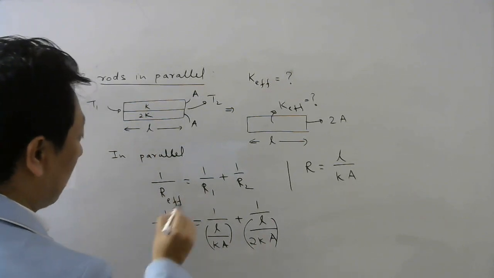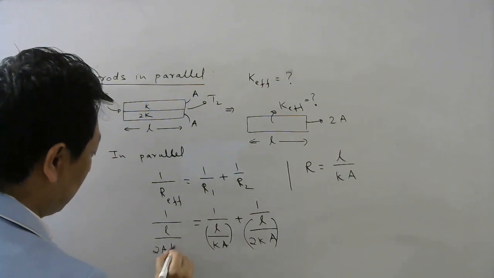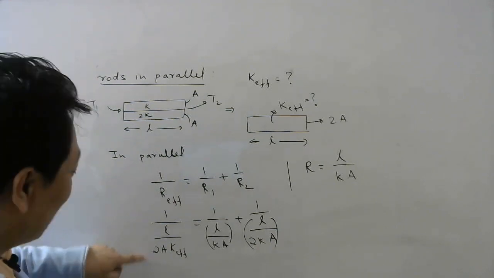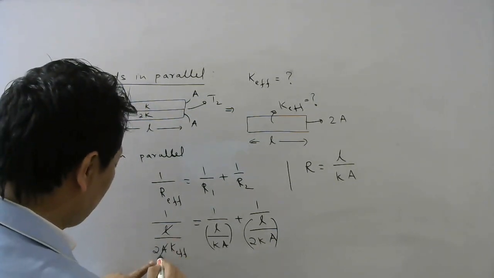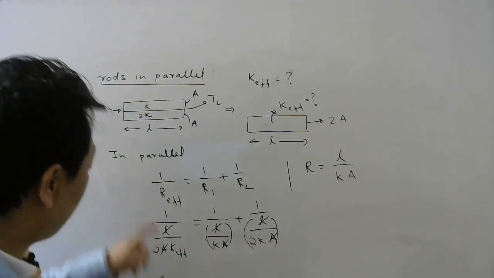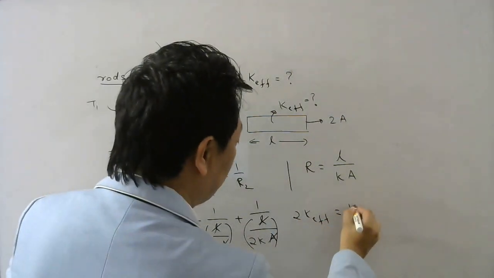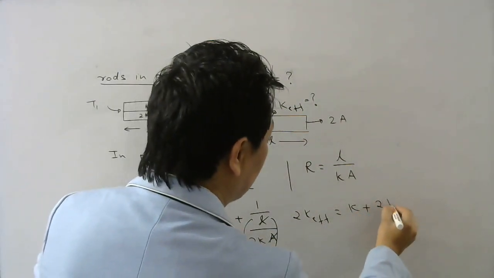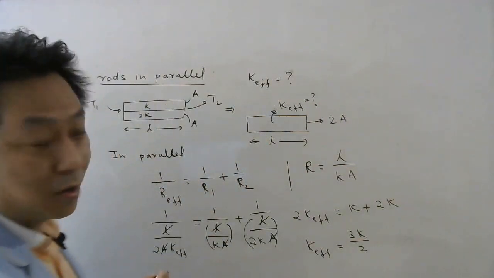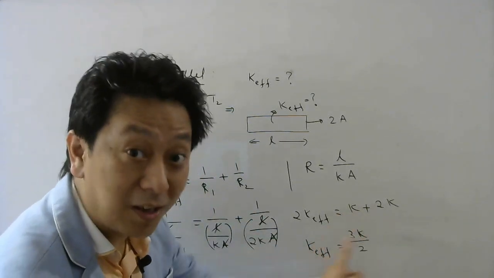And for the last one, R effective will be L, length is same, but now area is 2A into K effective, right? Now, this is in the denominator of denominator, it will go in the numerator. First, you cancel the common things. So, L by A is common, you can cancel. So, this 2 effective will go up, and here this K will go up and this 2K will go up. So, your K effective in this case will be 3K divided by 2. What if it was K1, K2? Then the answer in parallel will be K1 plus K2 divided by 2, right?